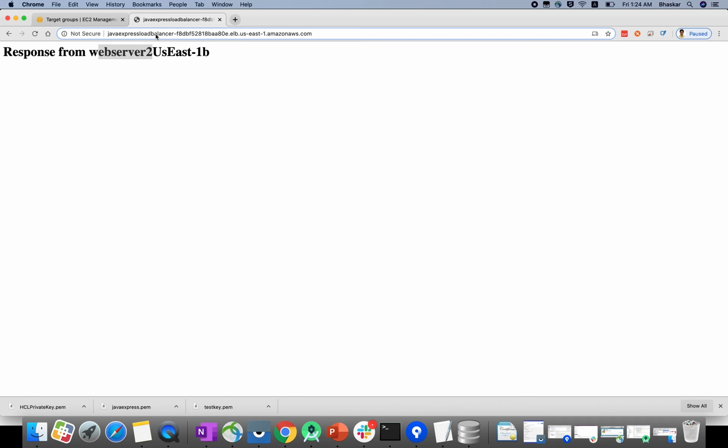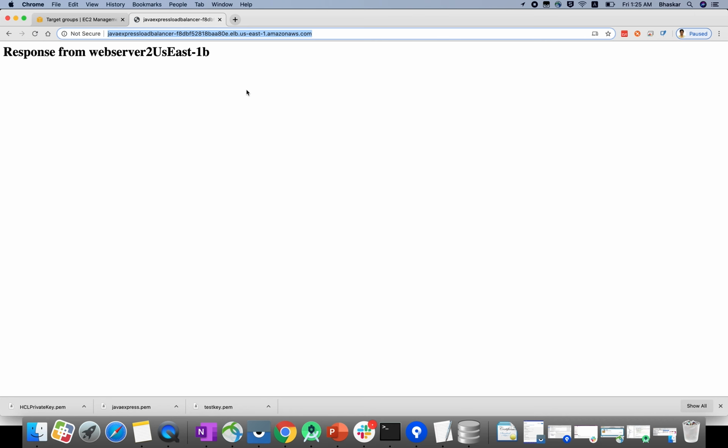After 10 seconds, if you hit again, hope you will get... why? Because you are getting it from a single system, right? Sometimes if you hit from your mobile phone or from another laptop, then you will see web server 1. If you deploy web server 3, based on the traffic it will get to you, probably as a single user. Maybe you can check here, web server 1, hope you will get. As of now I'm getting web server 2 only. While you are doing it, you can check on another system also, and you will get web server 1.